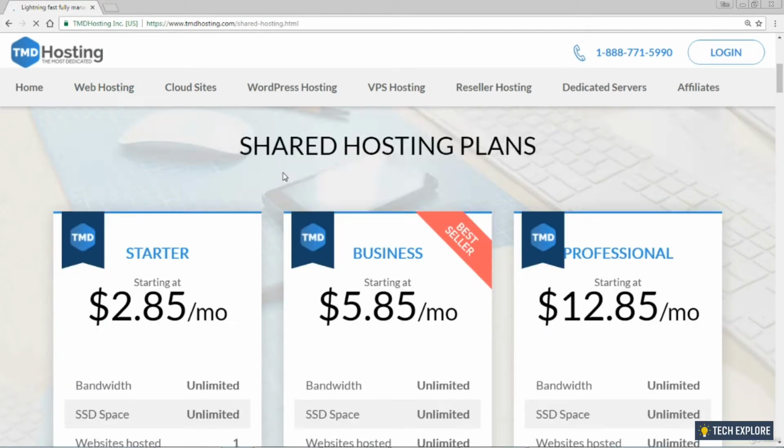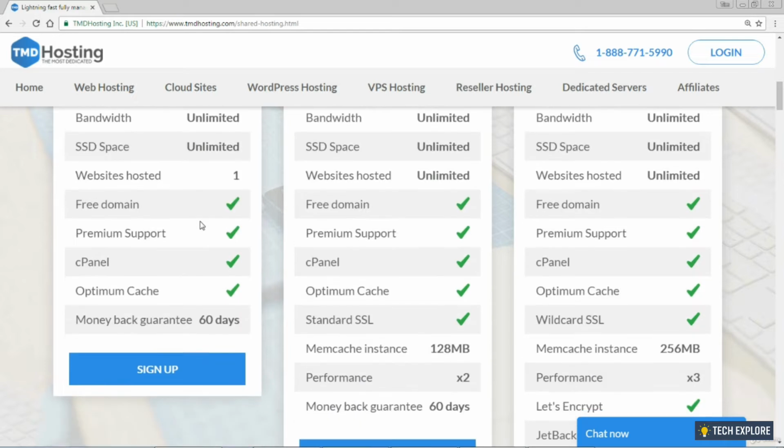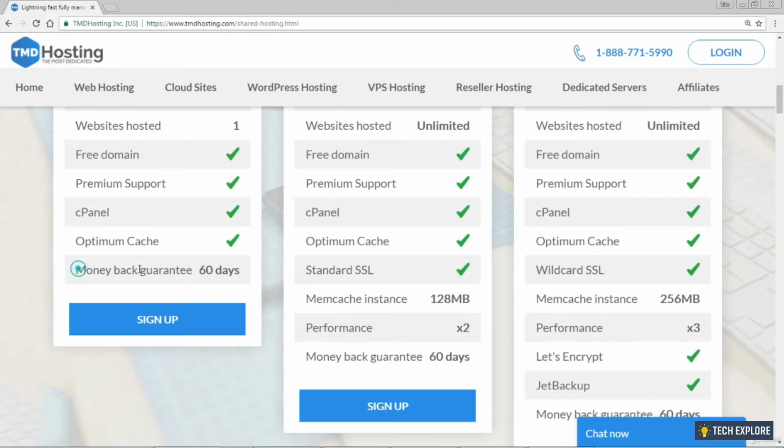And then scroll down, and what you want to take is their cheapest option, their starter pack, starting at $285 per month. All right, and also just want you to draw your attention to the fact there is a money back guarantee here of 60 days as well. Okay, so this is basically zero risk. Click on sign up,